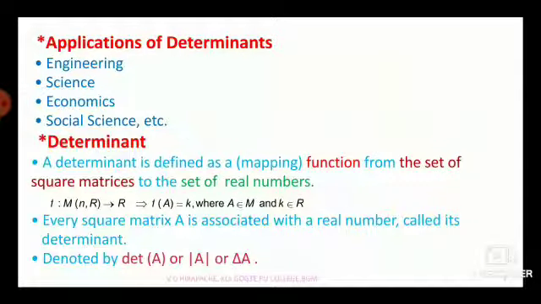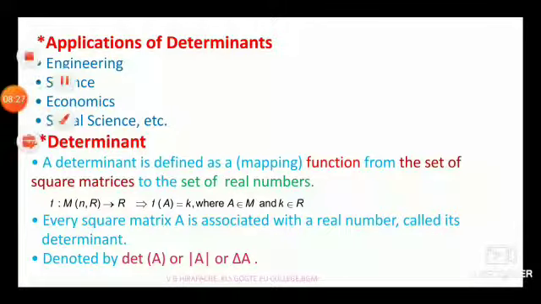This value of the function is called the determinant of the given matrix A. Determinants are expressed only for square matrices. Every square matrix A is associated with a real number called its determinant, and it is denoted by det A